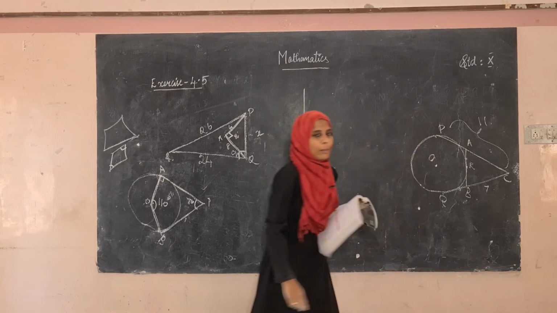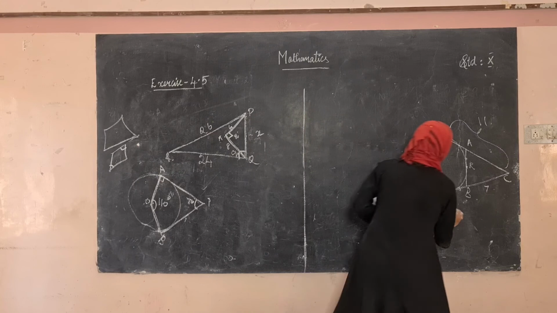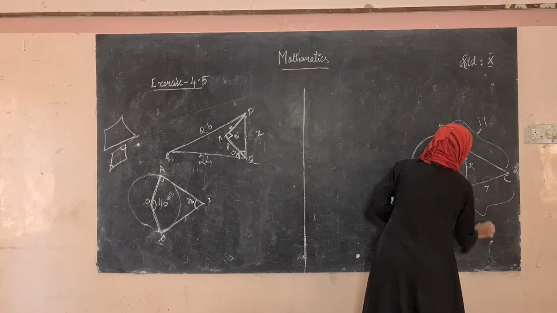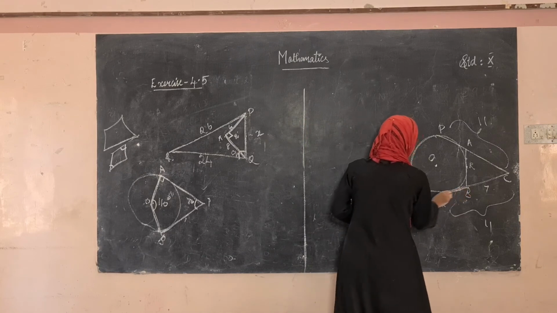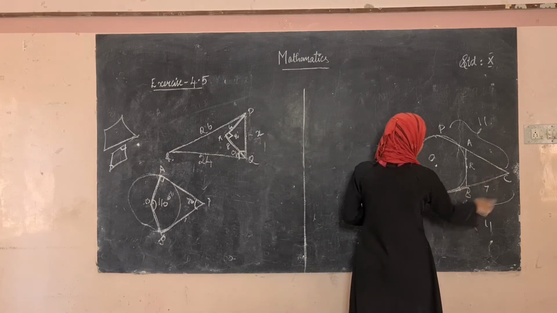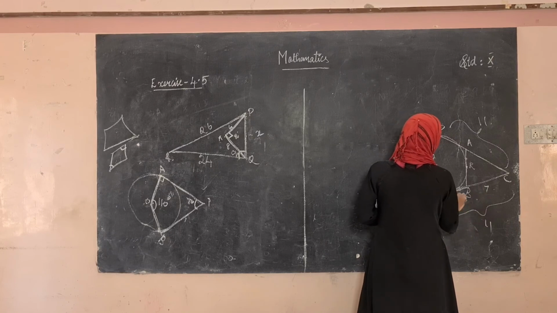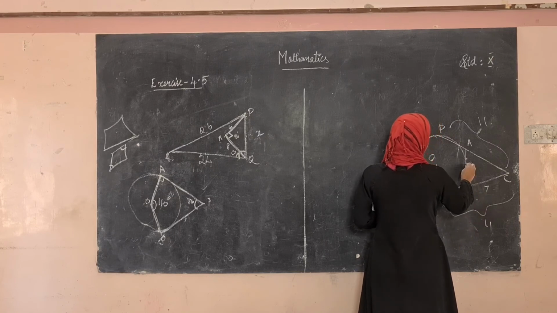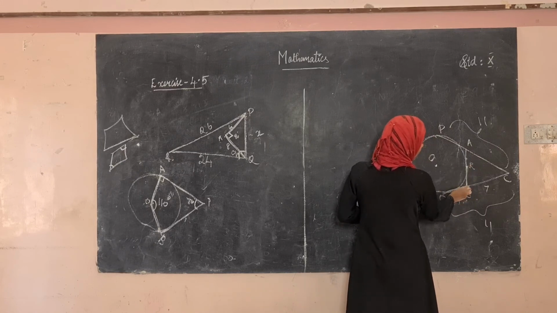We know that from a point, if we draw 2 tangents, the lengths of the 2 tangents will be the same. So CQ also will be equal to 11. So what's the answer for BQ? CQ is 11, CB is 7. So 11 minus 7 is 4. See here, from this point to this, these 2 lines are the tangents to this circle from the point B.